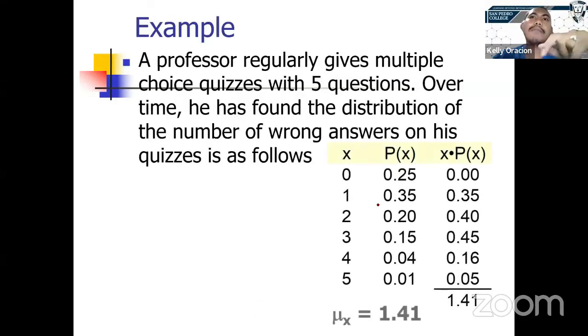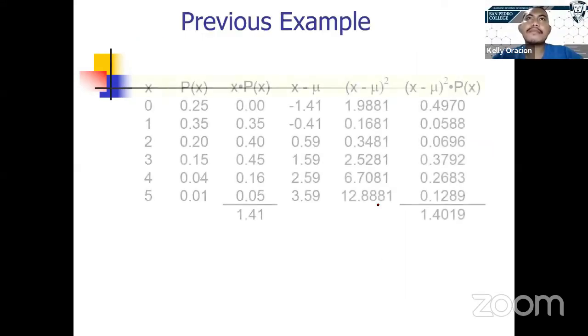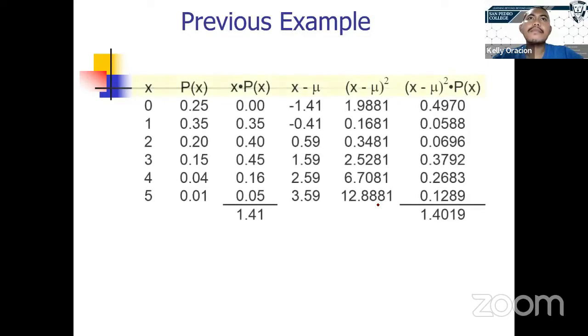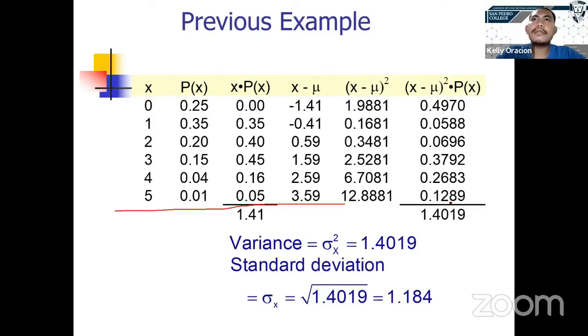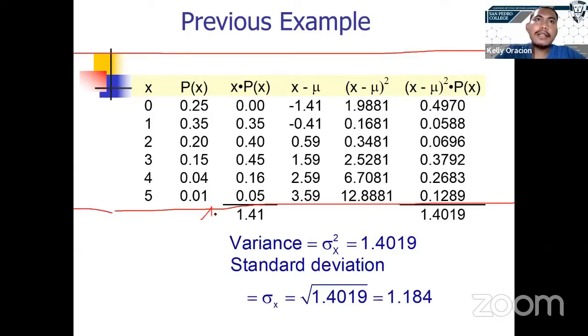Let's have this example, 1.41. Follow this table. Take note, for the mean, we only use 2 decimal places. So, if x is 0, 0 minus 1.41,